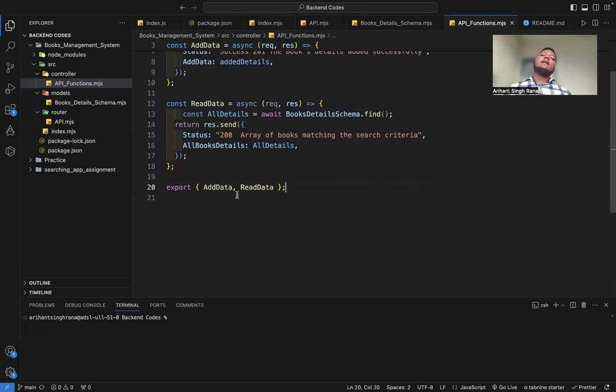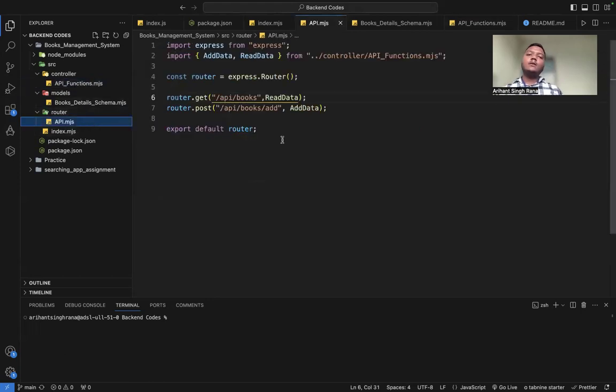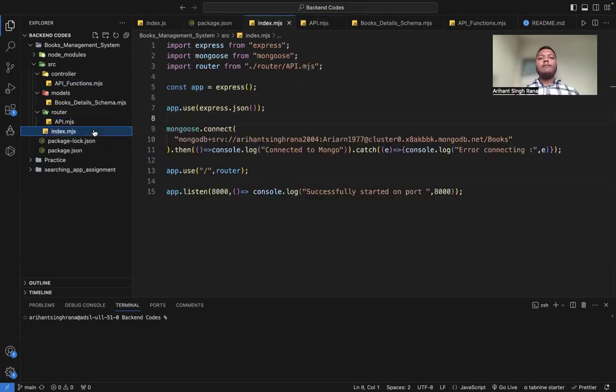And after that, I'm simply exporting these two functions, and these two functions are being imported in my router, and then we are making use of them in our get and post API. Now coming to our main server side code, which is written inside our index.js. So let's first see how to create,